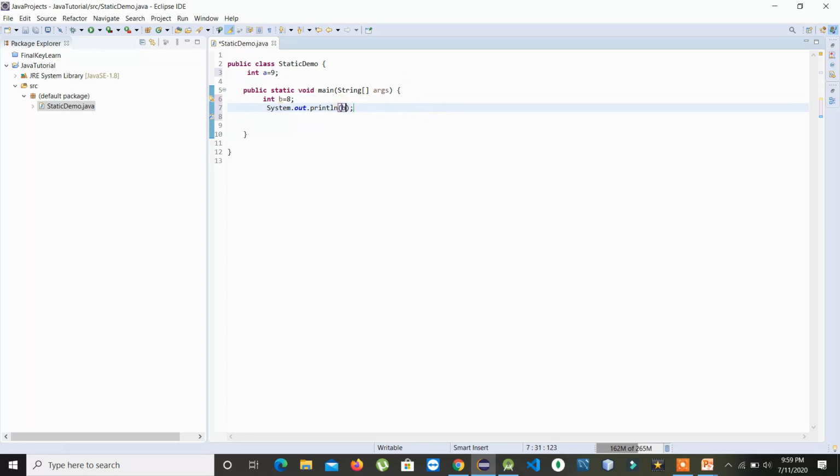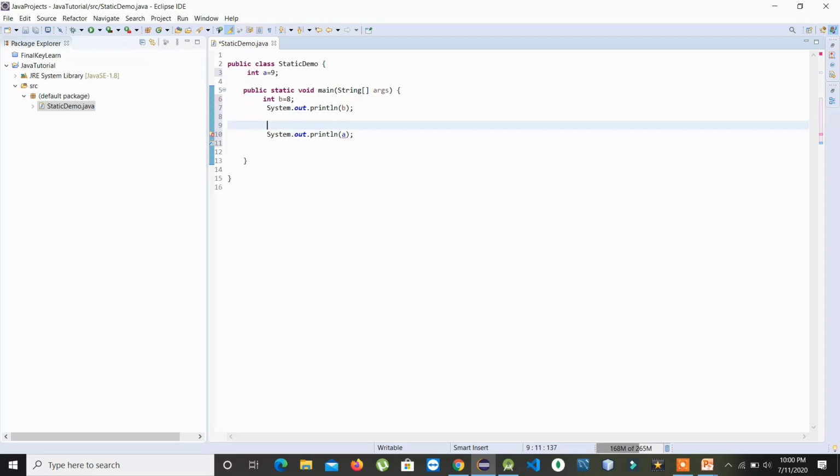When I try to print the local variable, you can see there is no compile error. But if I try to print the global variable, I'm getting a compile error that we cannot make a static reference to a non-static field A. So how to print this variable?